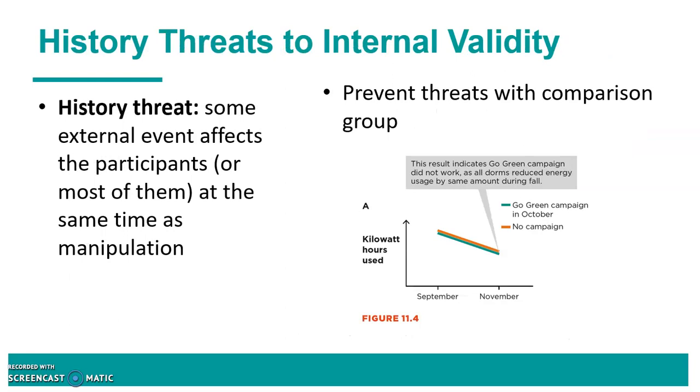A history threat, that's where there's some external event that happens to most of the participants or all of them, and that happens at about the same time as the manipulation, and so you don't know if any differences that you see are the results of that event, like maybe some big stressor, like there was an earthquake, and that caused people's stress levels to go up, and you don't know if that was because of that or because of whatever intervention you anticipated would cause an increase in stress. Okay, or the